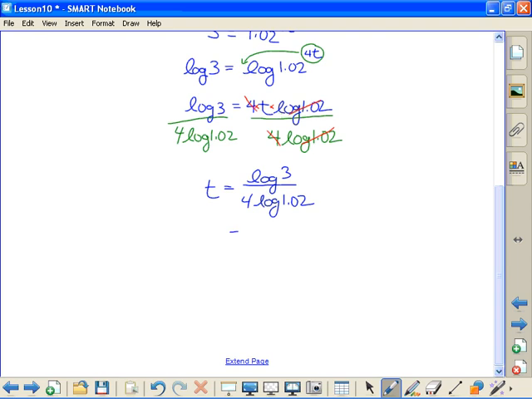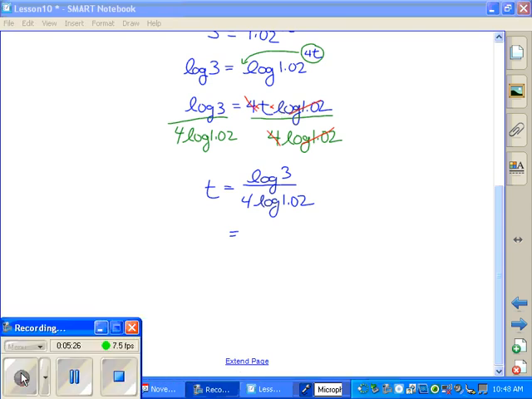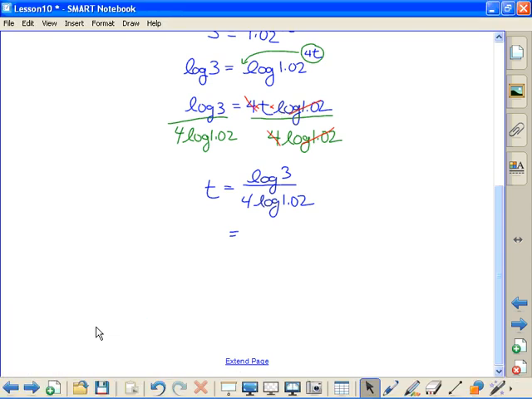All right. What that does is it gives you an exact value now. You're not worrying about approximating. And I'm going to go grab a calculator here just to punch it in. So plugging it into the calculator, you get 13.9. So therefore, it will take, say, 14 years for Barry's